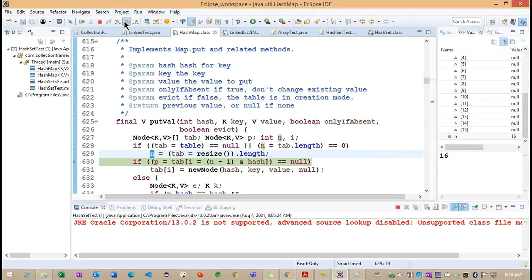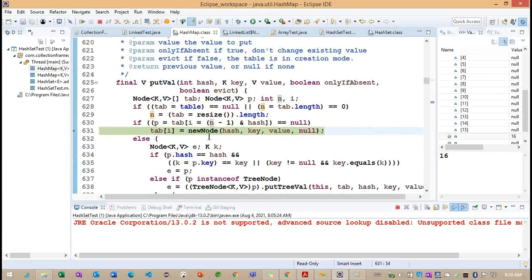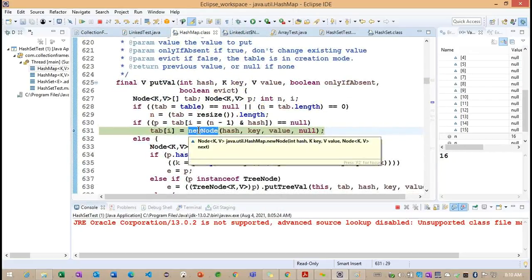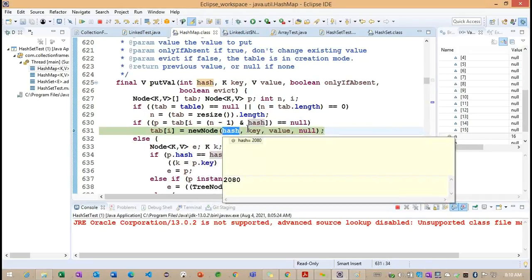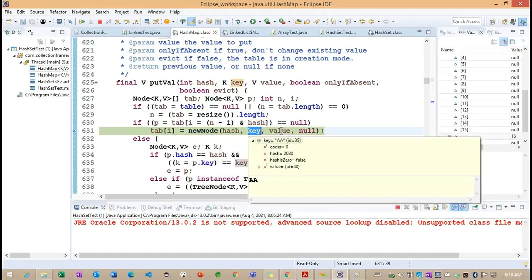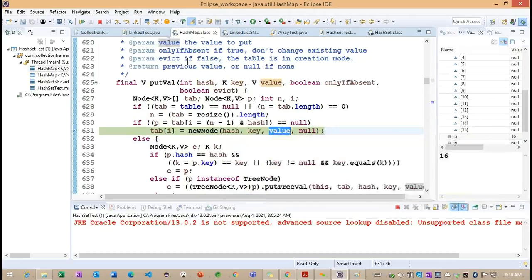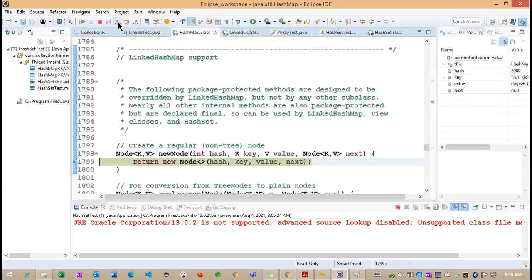Okay. So we'll go for one more if condition. Now what we are doing here? Here we are creating a new node based on this particular hash, based on this particular key, so based on this particular value. Okay. So we'll go for the new node. Observe here.